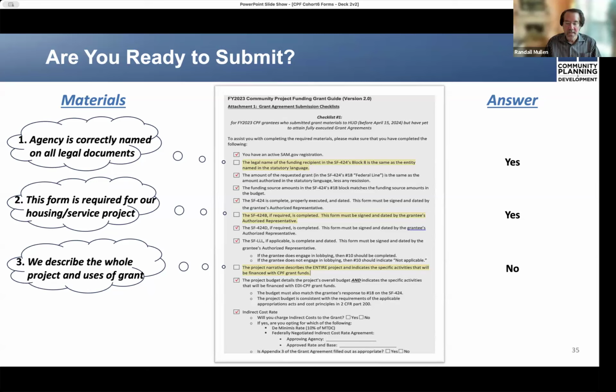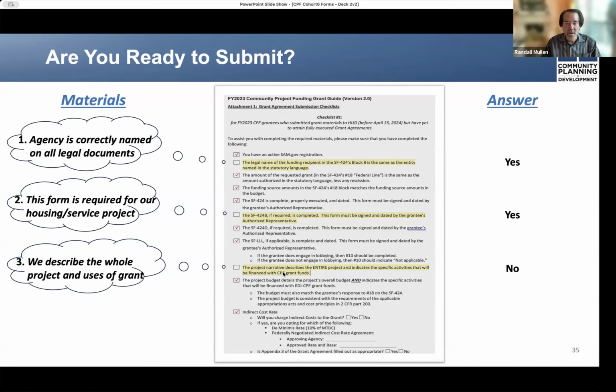But part of the trouble is you can't completely tell from that project narrative. And that goes to the third question, where you might ask yourself, well, does ABC Housing Services describe the whole project and the uses of the grant.